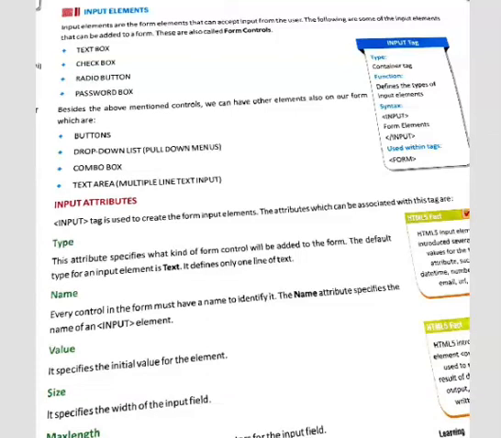Name attribute is used with the input tag to define the unique name of any element. Value will display the value of that particular element and keep it unique in a server. Size is used to display the size of an input element which accepts the value. Maximum length is used to limit the inputted data.